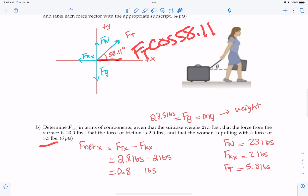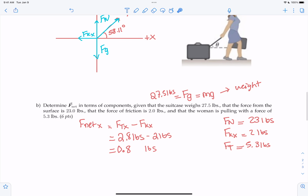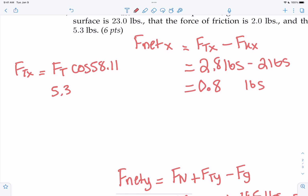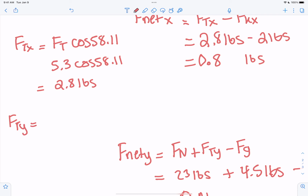Your FT was 5.3, so if you take 5.3 times cosine 58.11. I didn't write out the whole cosine, sine trigonometric calculations just because it would have taken too much space, but actually, you know what? I'll just write them here on the side. So FTX is equal to FT times cosine 58.11, 5.3 times cosine 58.11, and that's equal to 2.8 pounds. FTY is equal to FT times sine 58.11, and that's 5.3 times sine 58.11,